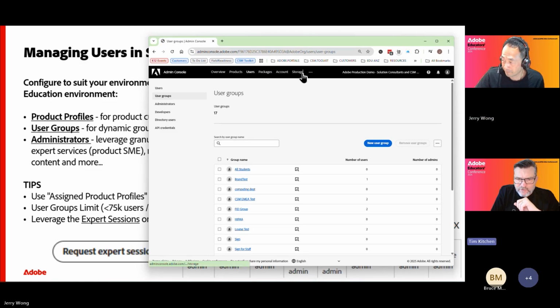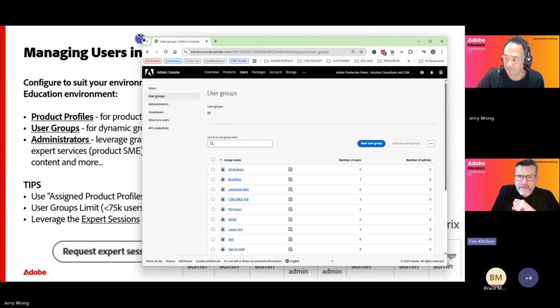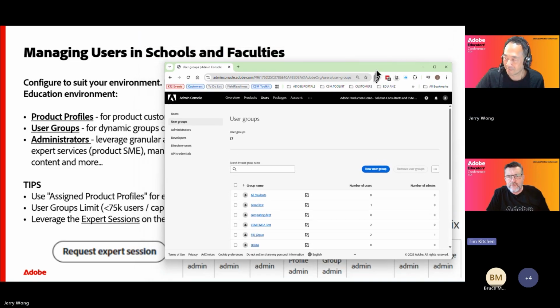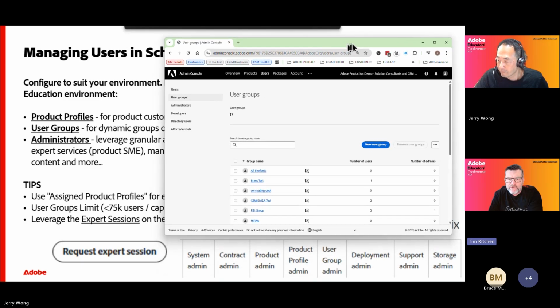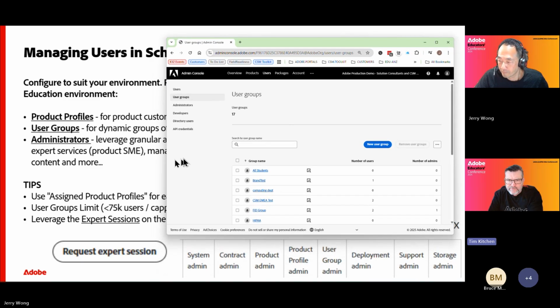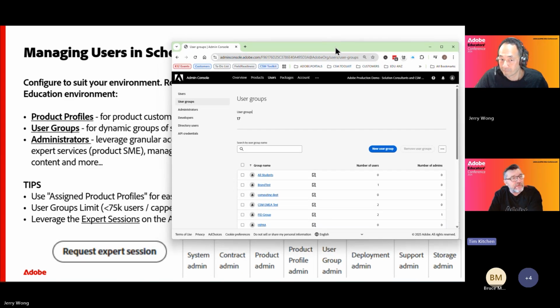And Roland also has a comment here. I completely agree with using a user group, similar to an OU in an Active Directory environment. Faster to implement and execute, a lot easier to make changes, moving things around, and as time changes, products change, you just do it in a click of a button. And Bernie's got another comment here. This is great. User groups and profiles is good to know about, as well as custom fonts. Can a branding kit in Adobe Express be allocated to a user group?